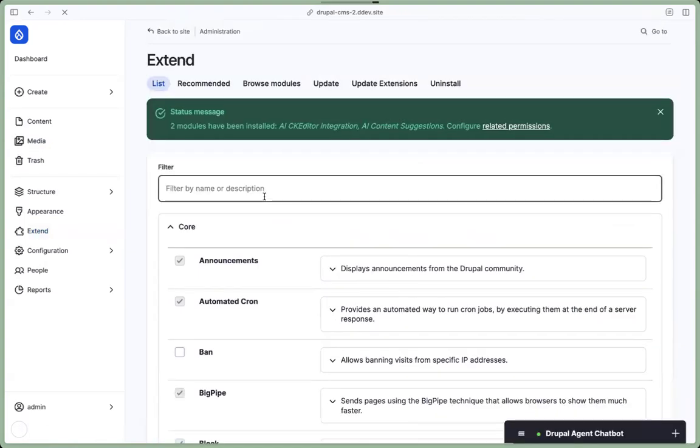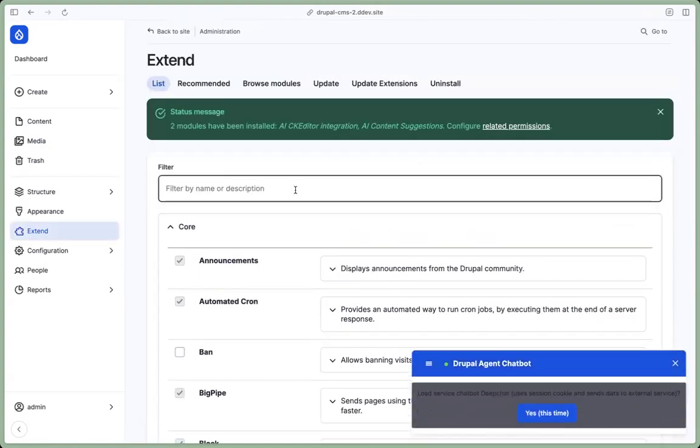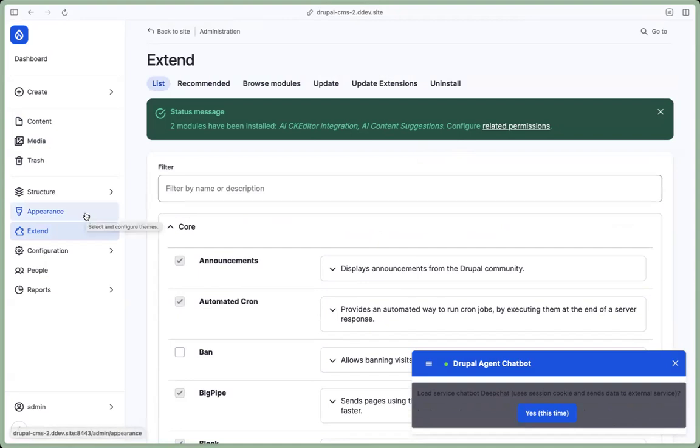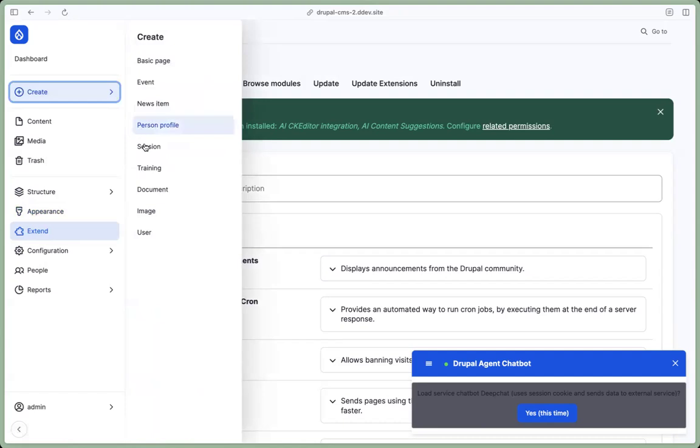And we wait. All right, so those are done. I'm user one, so I have all the permissions to do everything. So that's part of the other thing. If you were logged in and you had access to the AI agent and you didn't have the role, you shouldn't be able to create things or turn things on. So I think it's a question of what permissions are hiding under the hood for this as well. So one of the things I did was I